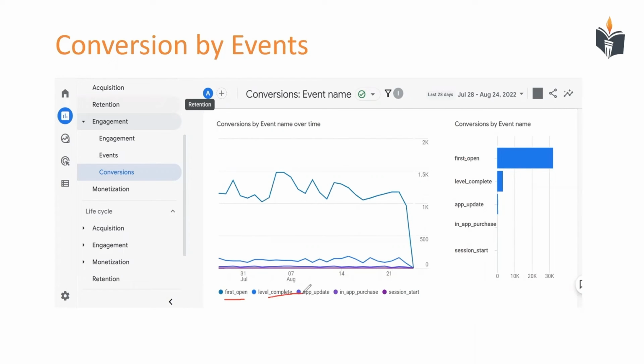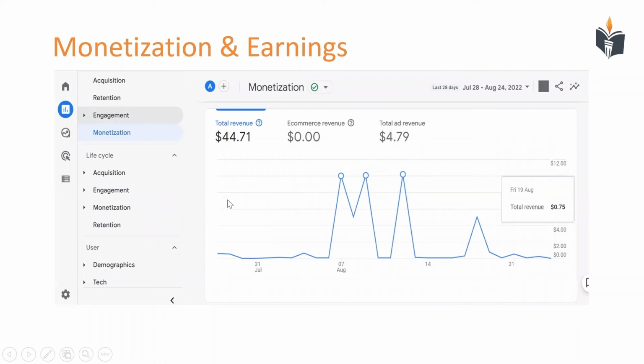Then level complete, you can mark a level that if he spends this much time and scrolls this many pages, then if he makes an app update, in-app purchase, and session start. So session start can also be considered a conversion, and in-app purchases is here. So you can see how your users are getting converted and what actions they are performing. Now moving to the next, we'll see how the monetization and earnings are going on your website.